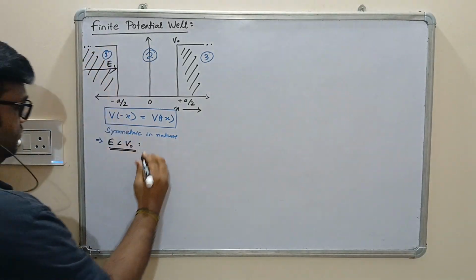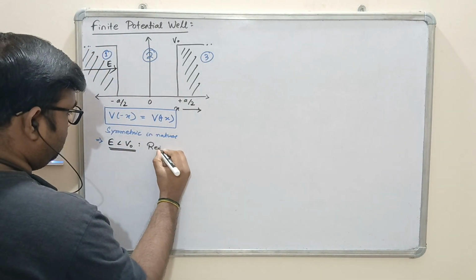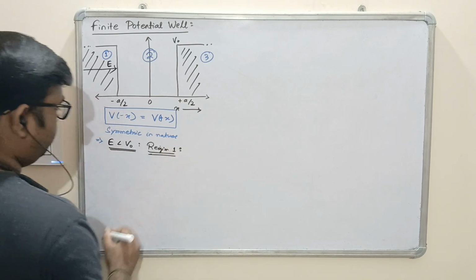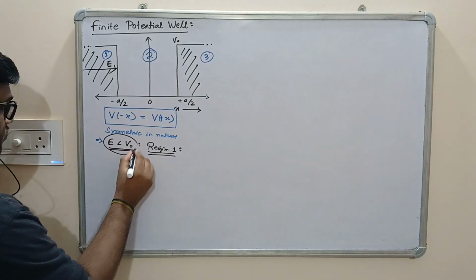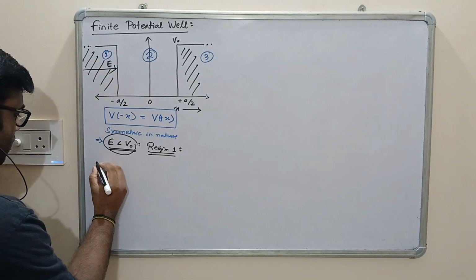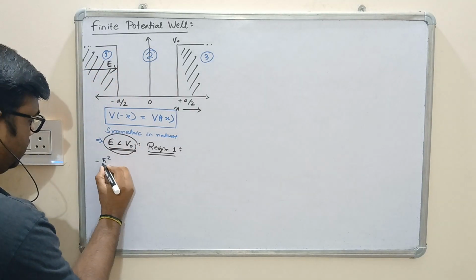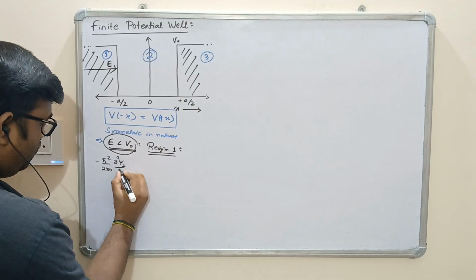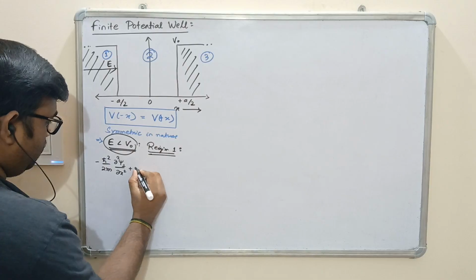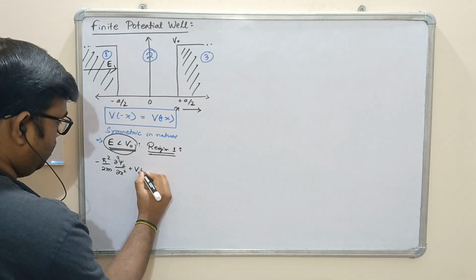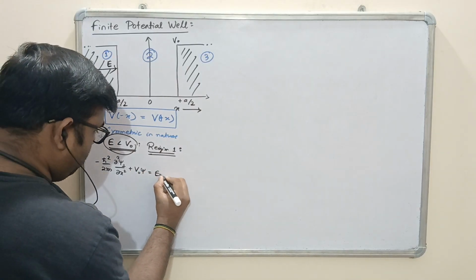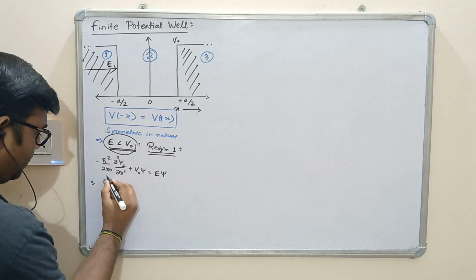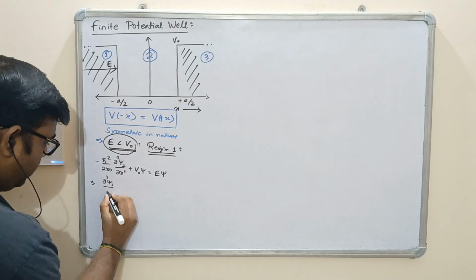In this region 1, E less than V naught, our Schrödinger equation will look like this. Now when you solve it, it goes like